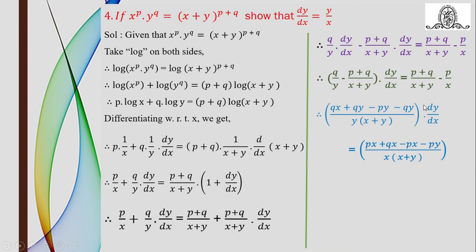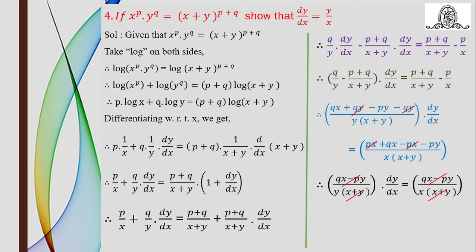In this numerator, again we can see this qy gets cancelled, because the terms are with opposite signs. In the RHS, px minus px gets cancelled. Okay. So what will remain there? qx minus py here, and once again qx minus py in the RHS. The denominator is as it is, but that x plus y we definitely can cancel. So once again this qx minus py is the same term on both sides, so it gets cancelled definitely from both sides.